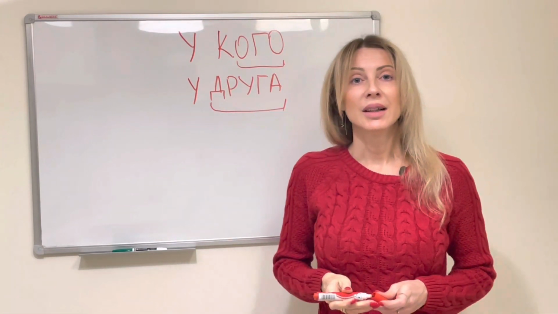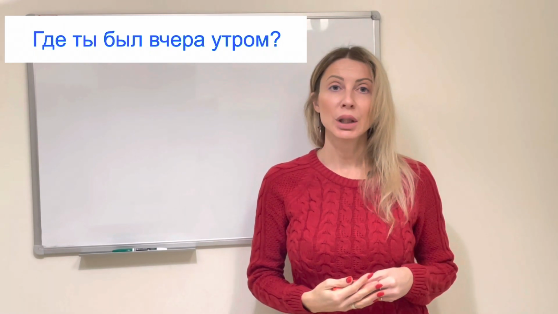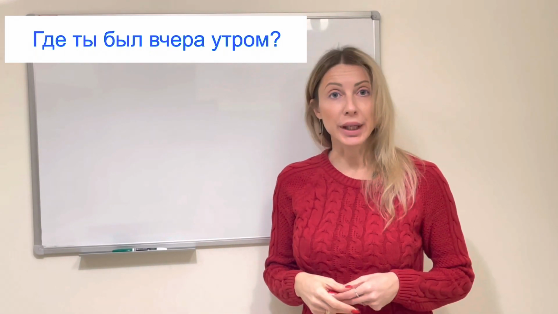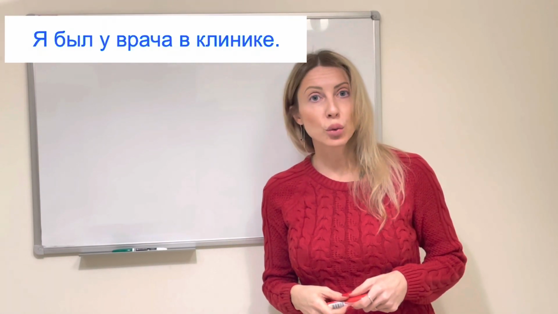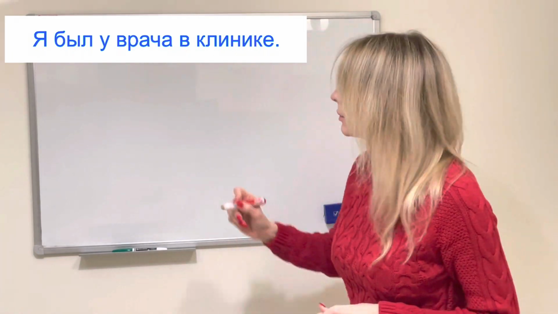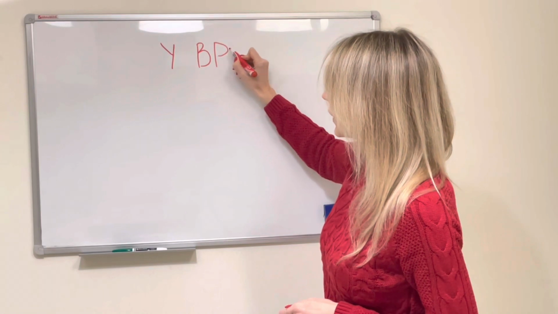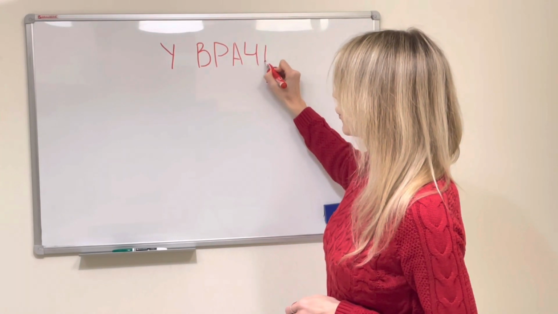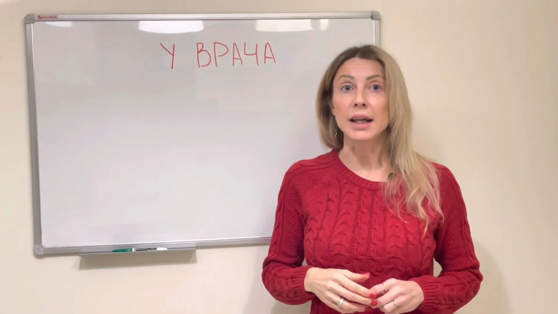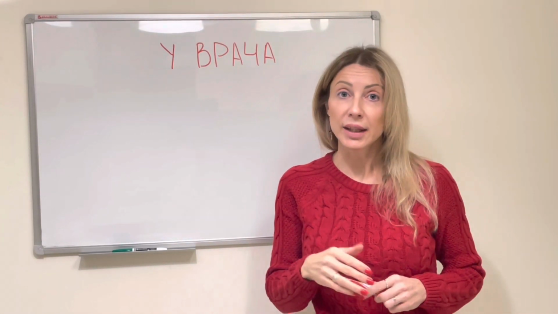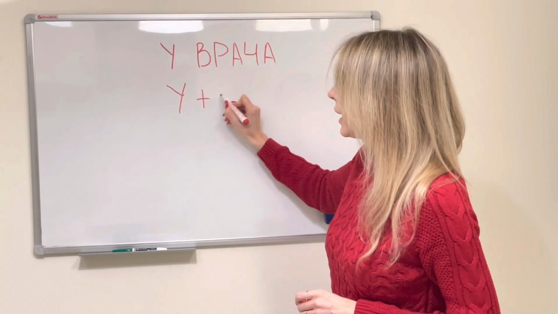Okay. Где ты был вчера утром? Where were you yesterday morning? Где ты был вчера утром? Я был у врача в клинике. Я был у врача. Врач becomes врача. Я был у врача в клинике. I was at the doctor's in the clinic. So, У plus genitive